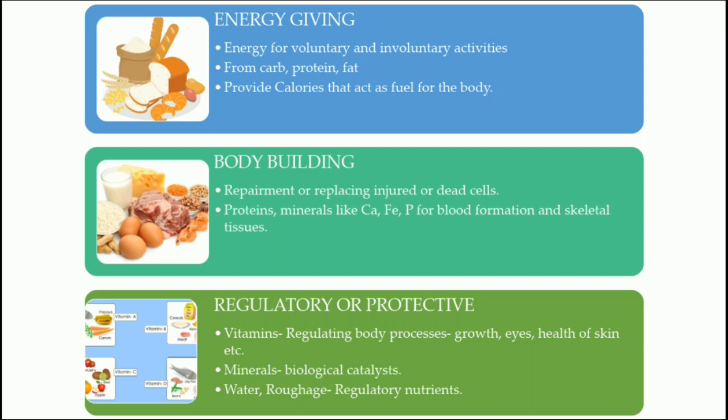It acts as a fuel for the body. As for cars, we need diesel as a fuel. So in the same way, for our body, food acts as a fuel. So carbohydrate, proteins, fats all provide energy to the body. However, our body utilizes carbohydrate as a primary source of energy, and after then it will use fat and proteins.